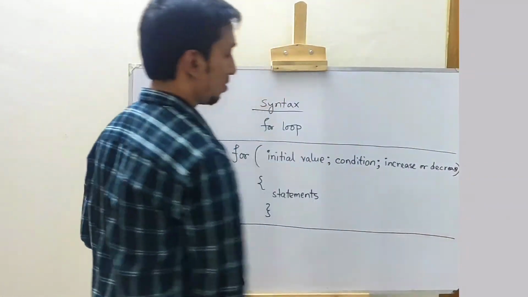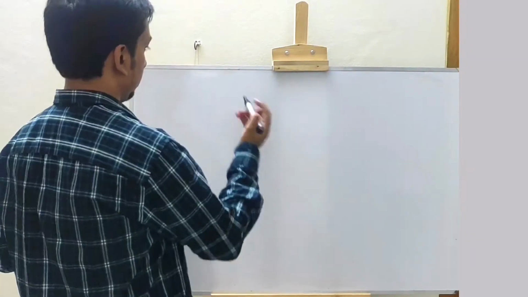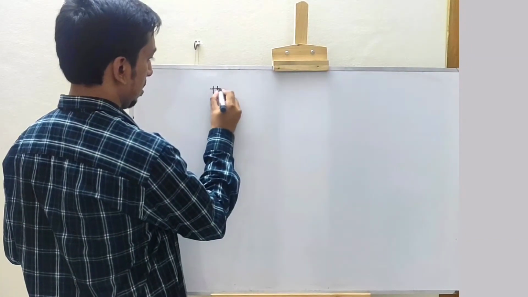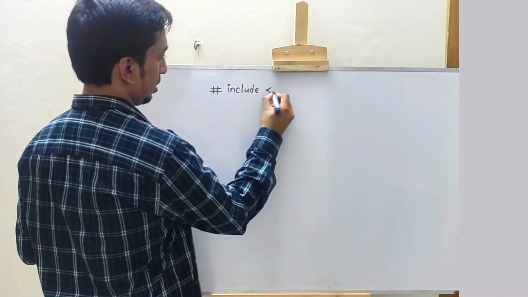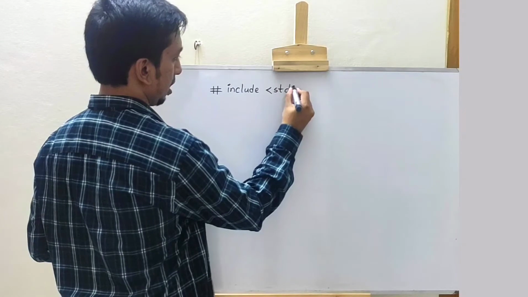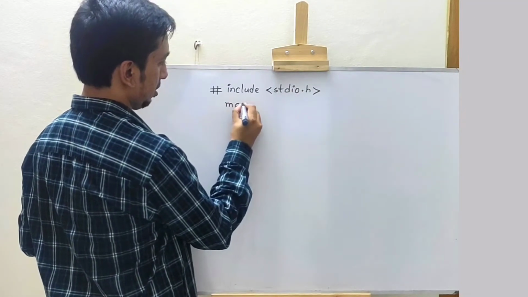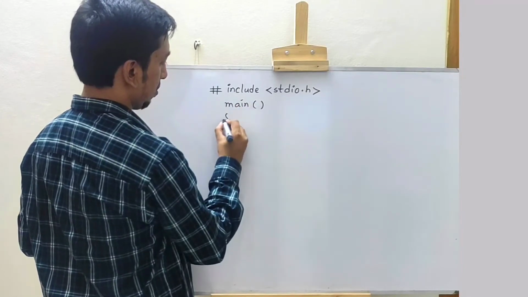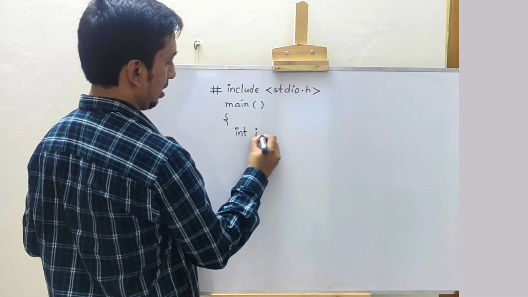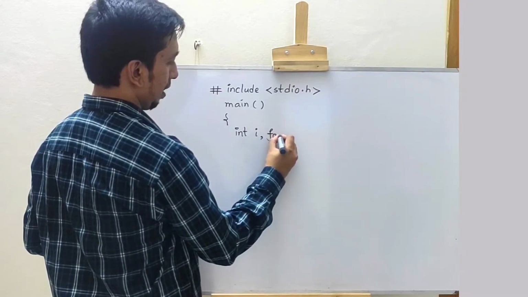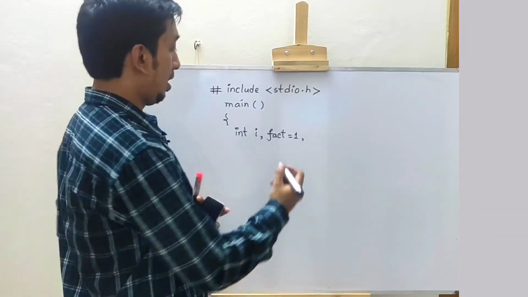We have to use this syntax in a simple C program to find the factorial. First of all, you have to start with include stdio.h, as we know, a standard input output header file, then main function, then start with second bracket. We have to take this integer value I, then our factorial value fact is equal to 1, it's fixed always, and then